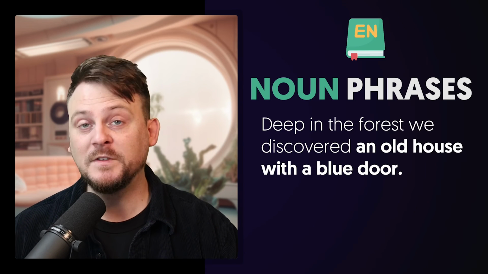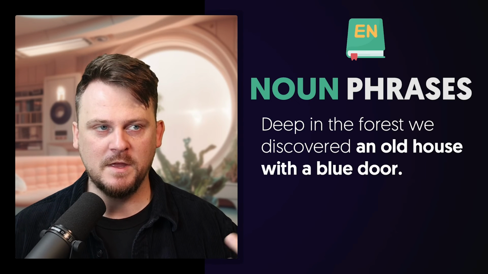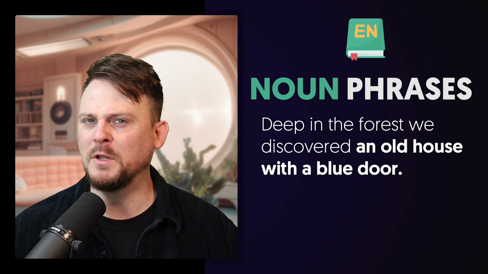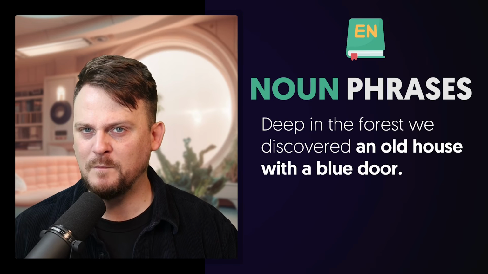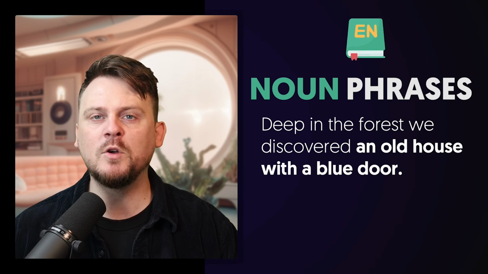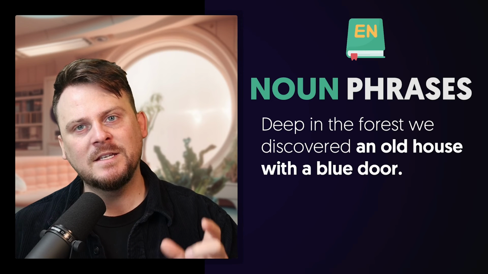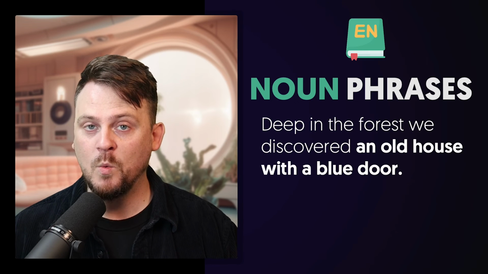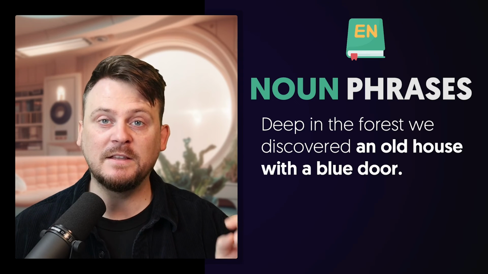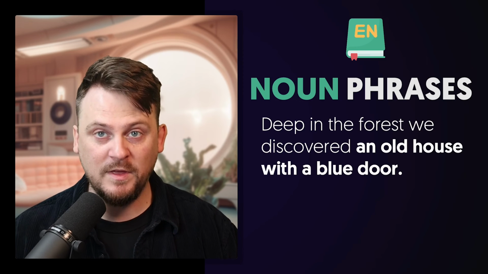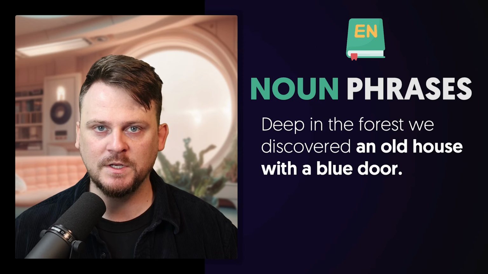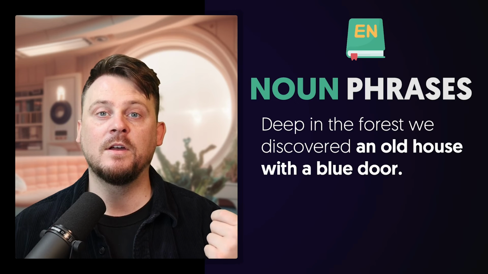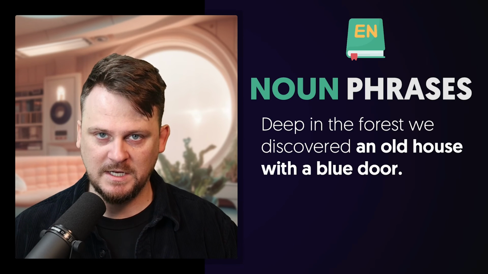Speaking of adjectives, old. Okay, so that tells me something about the house. But we have another adjective here, blue, with a blue door. Okay, well, we have a kind of prepositional phrase here, with a blue door. But is that whole piece telling me something else? Just like with the other one, we have now a phrase that's telling us about the other thing in this noun phrase, which is house. What kind of house? An old house. So we have one adjective in front of house, old, which is giving us a detail, and then with a